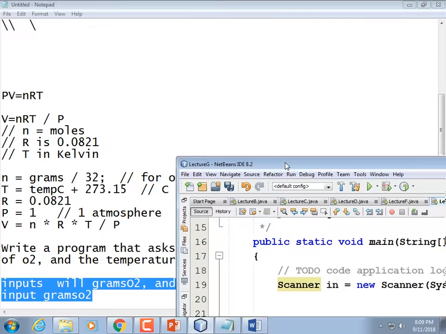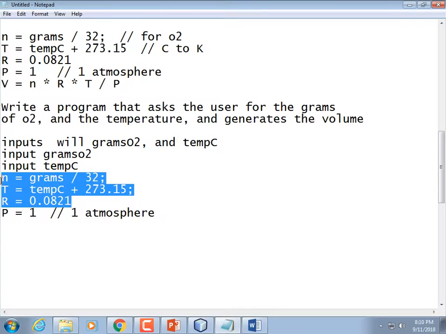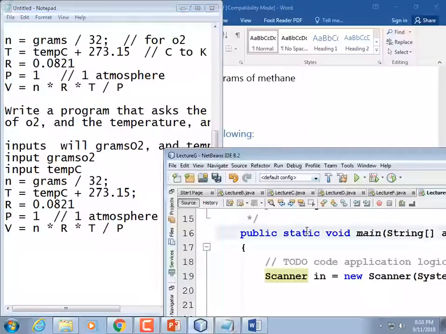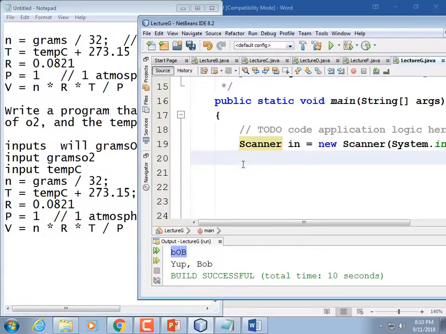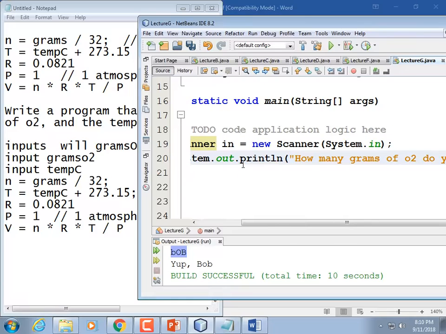So the first thing I need to do is input grams of O2, input the temperature C, do these conversions, and then do the calculation, which I forgot to put. V is equal to N times R times T divided by P. Okay. So let's tell them what we want. System.out.println("How many grams of O2 do you have?");